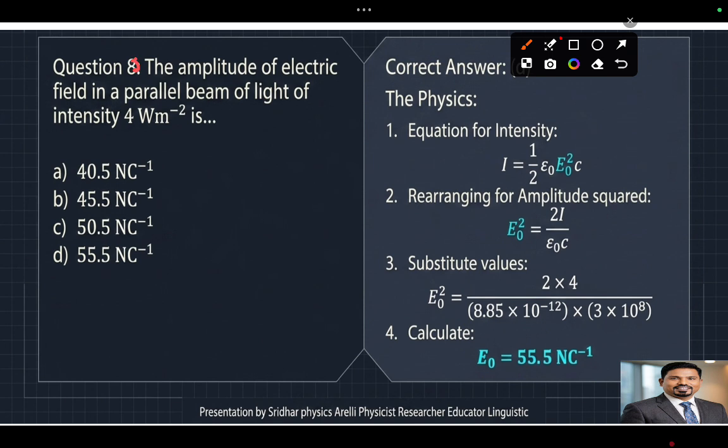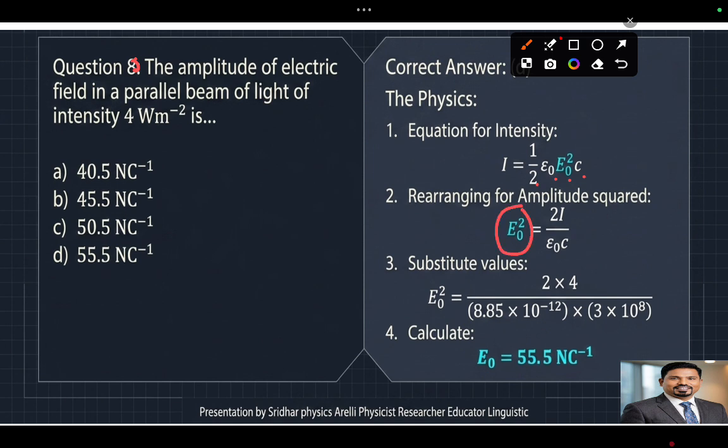Next question. The amplitude of the electric field in a parallel beam of light of intensity 4 watts per meter square is? So here, what is the intensity formula? In terms of energy density, it is 1 by 2 epsilon naught E naught square into C. This is the equation for energy intensity. Rearranging for the amplitude, then